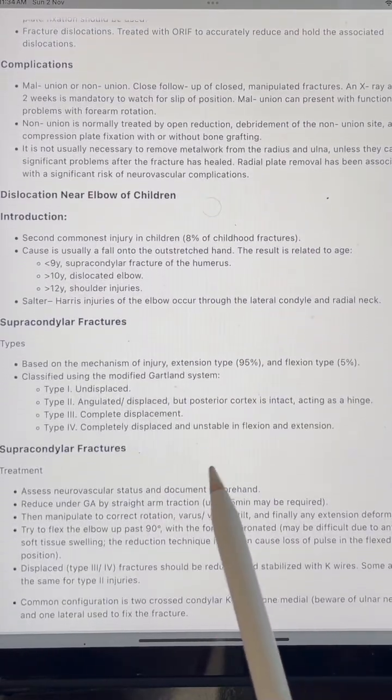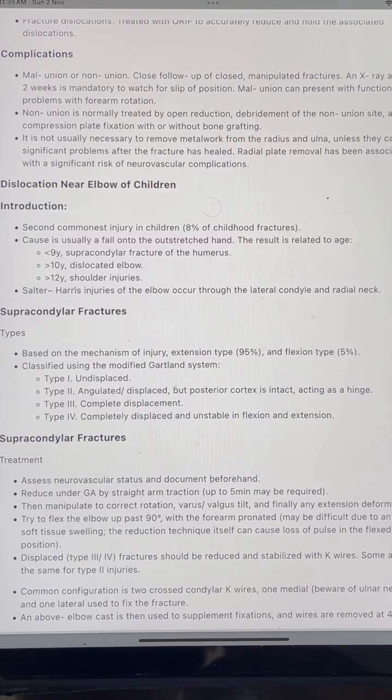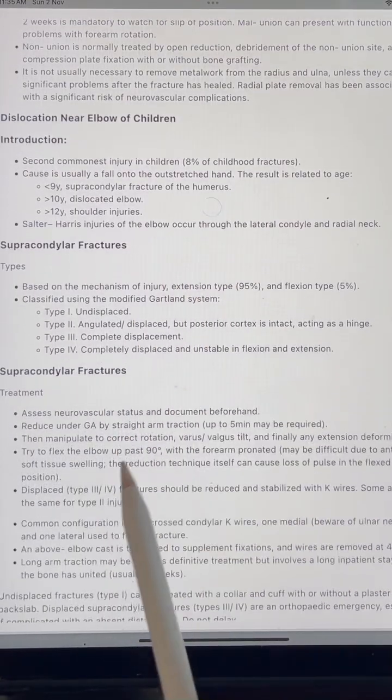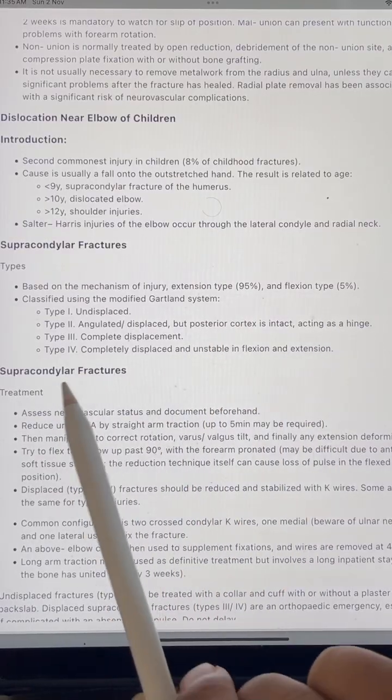Injuries near the elbow joint are the second commonest injury in children, accounting for 8% of children's fractures. Usually this is a fall, and it leads to supracondylar fractures of the humerus in children less than 9 years, dislocation of the elbow in those more than 9 years, then shoulder injuries. Salter-Harris is used for this. Supracondylar fractures are classified by mechanism of injury,